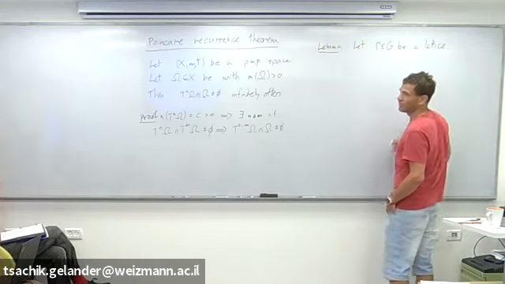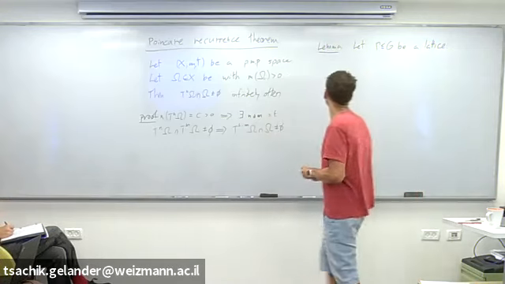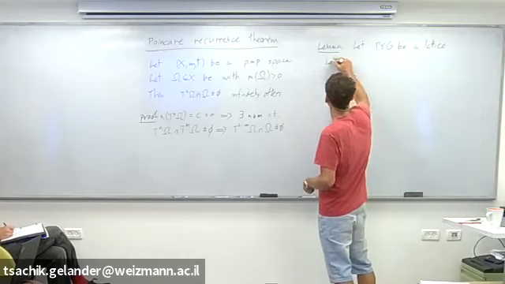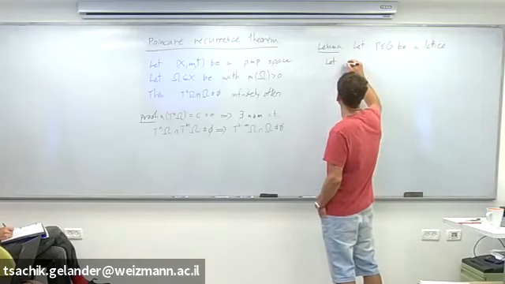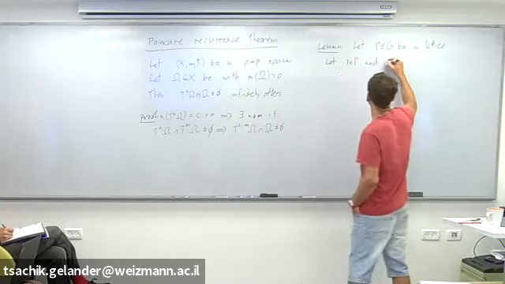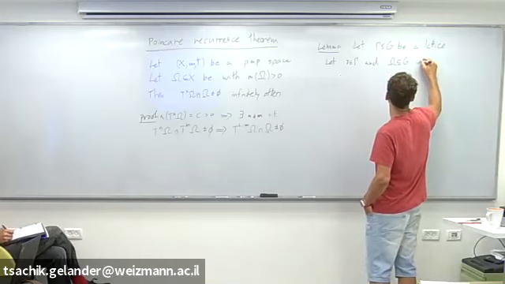Now this is a completely general statement. So G is a locally compact group and Γ is any lattice. Let